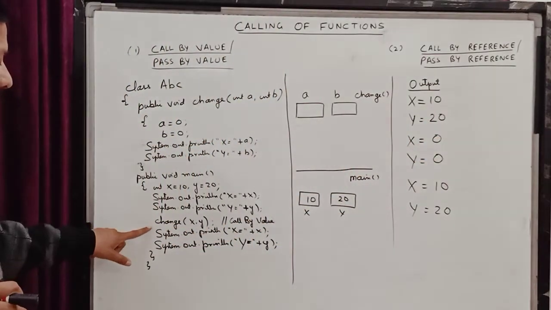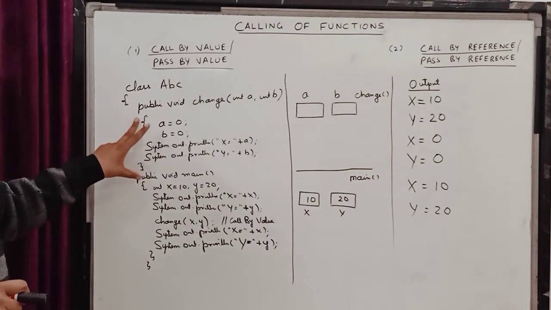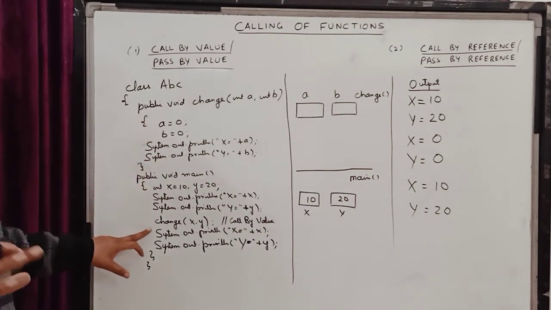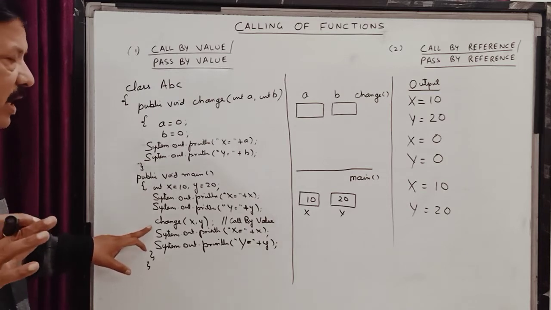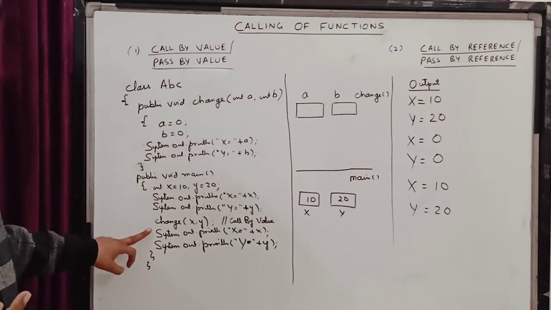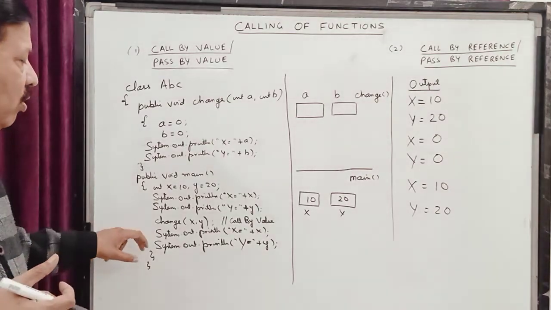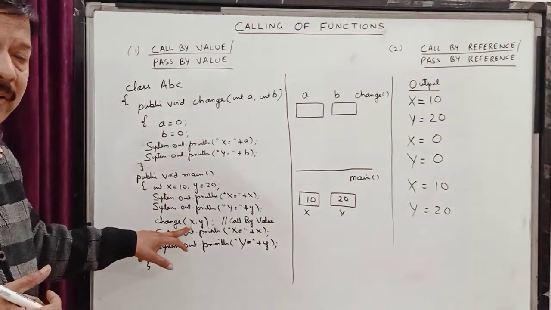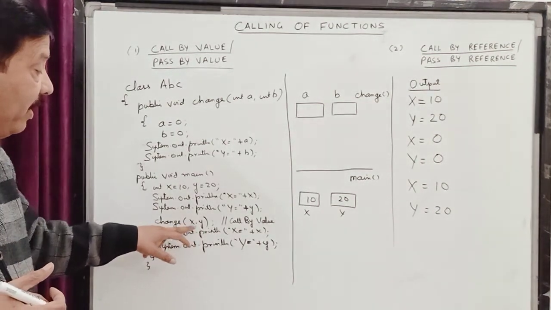Now children, here I am calling my function change, and this calling I am calling as call by value. So in call by value I say that the value of the actual parameters over here, x and y,